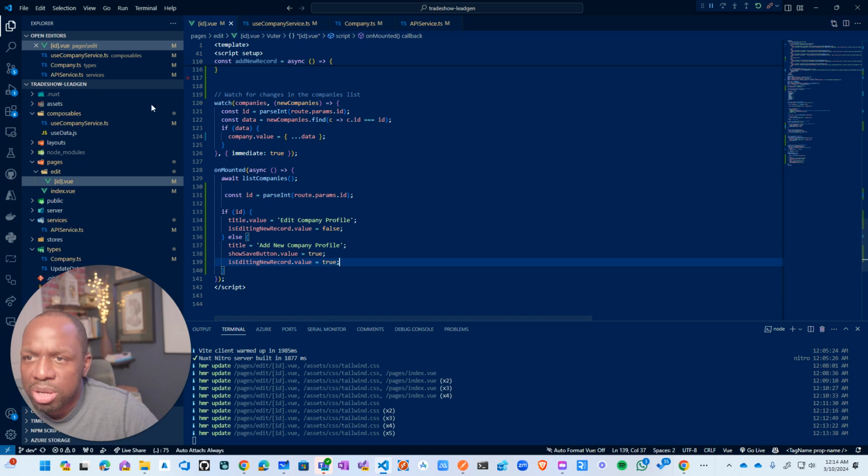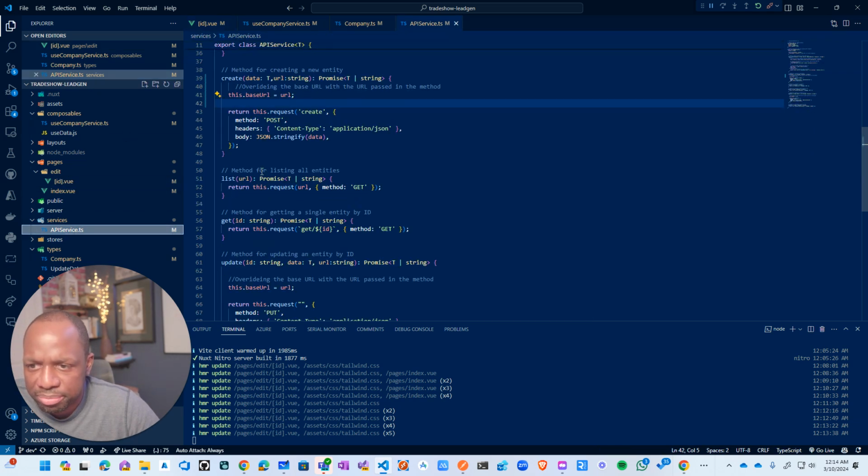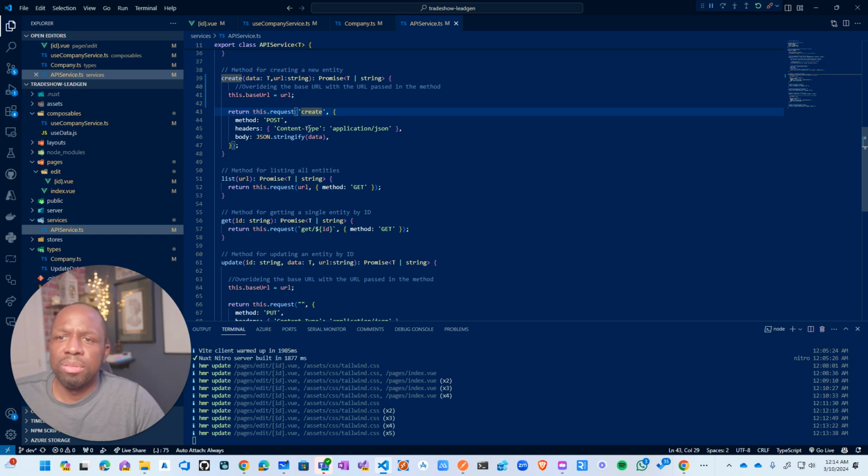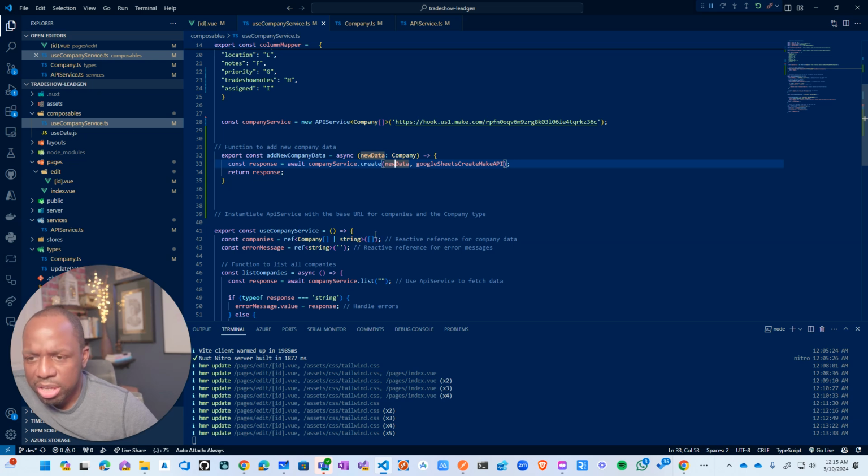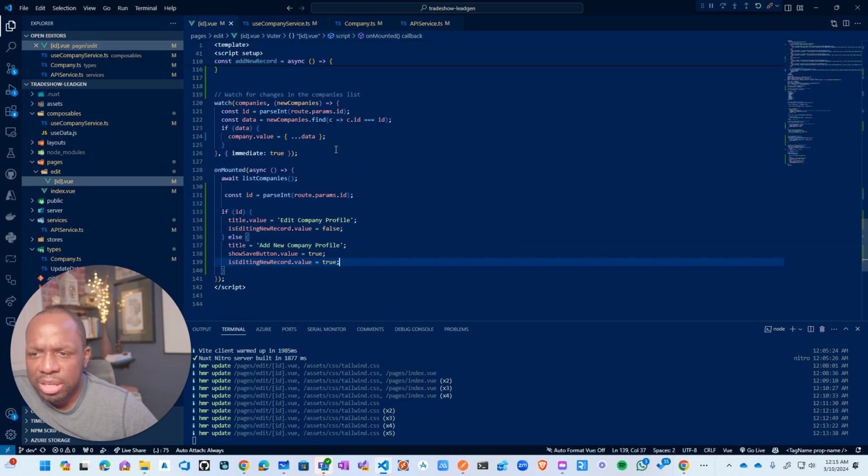On the API level, on the service here, create URL, base URL create, yeah, that's it, post. And then let's go to this new data. So where's that create coming from? Okay, it doesn't matter. And then let's go back to this and make sure that